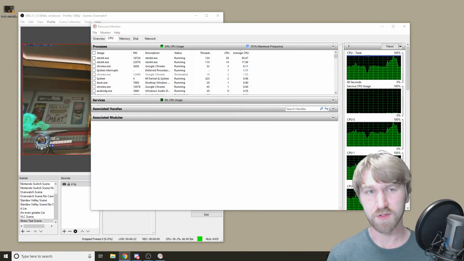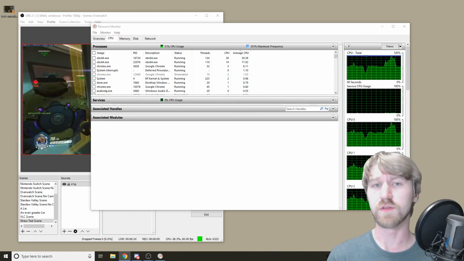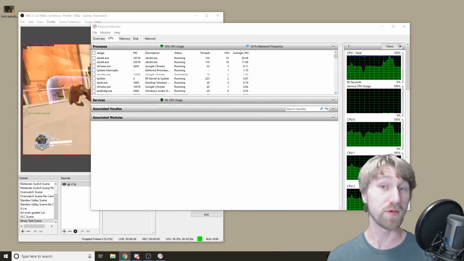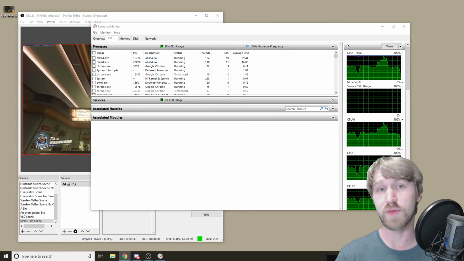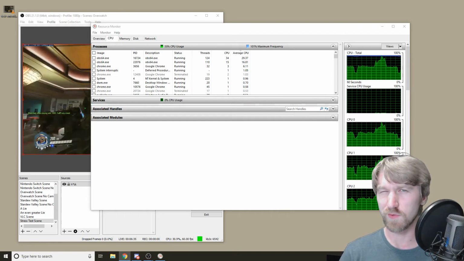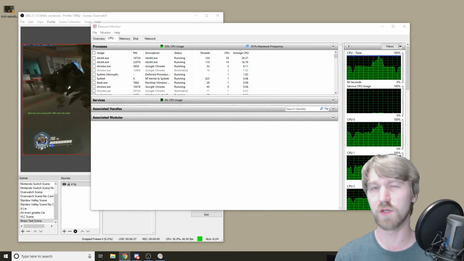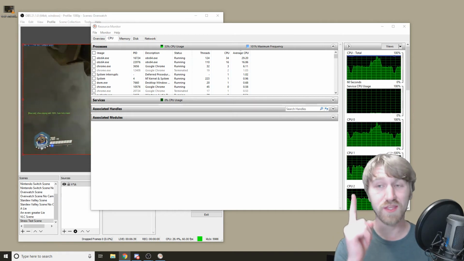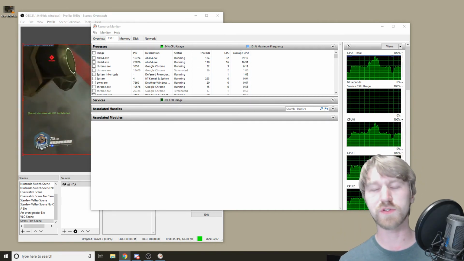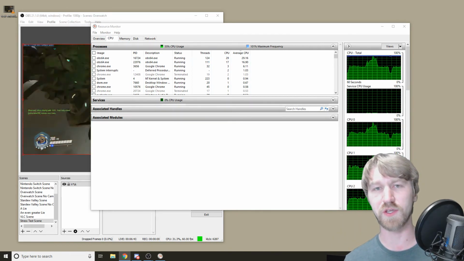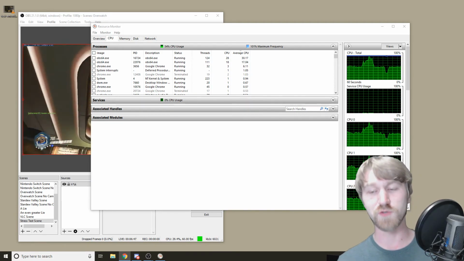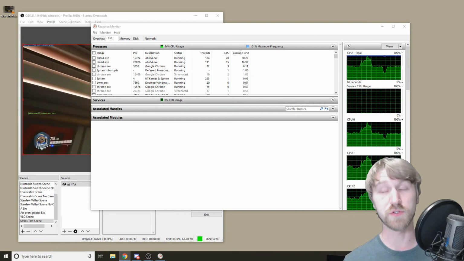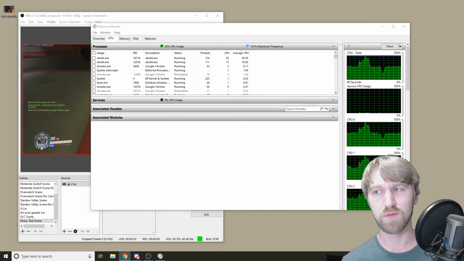Solution number 3 is honestly very simple as well. If you happen to be running a computer game or computer program while streaming, see what settings or options you have in that video game to try and turn them down. When doing this, it definitely helps to make changes slowly and deliberately, so change one thing at a time, and go ahead and measure your CPU usage every single time you make a change. You might have to restart your program for this, and it will be tedious, but you want to change one thing at a time and measure if your CPU usage goes up or down,